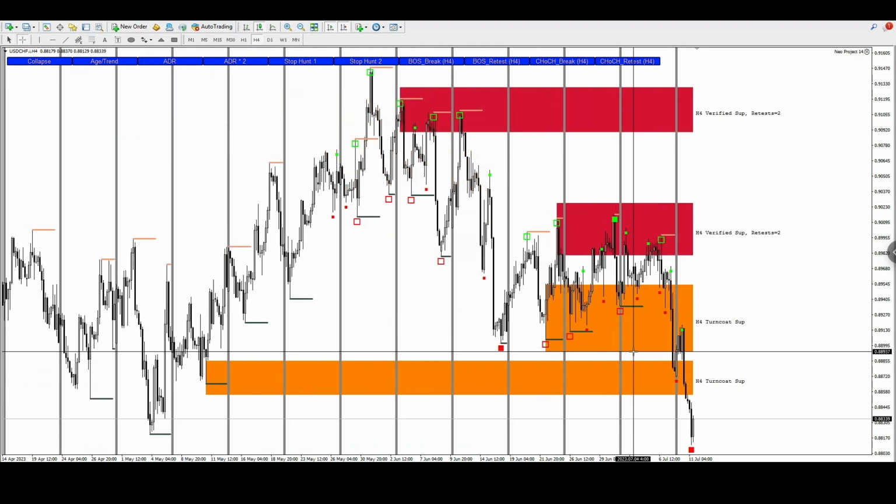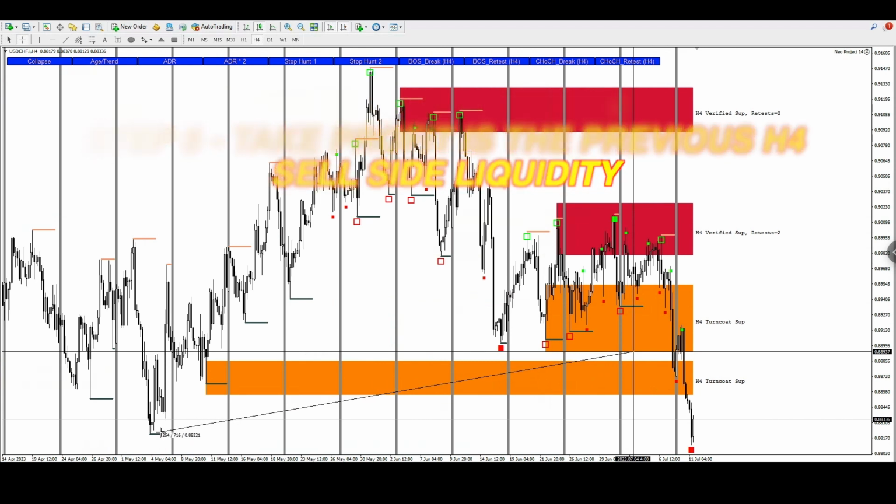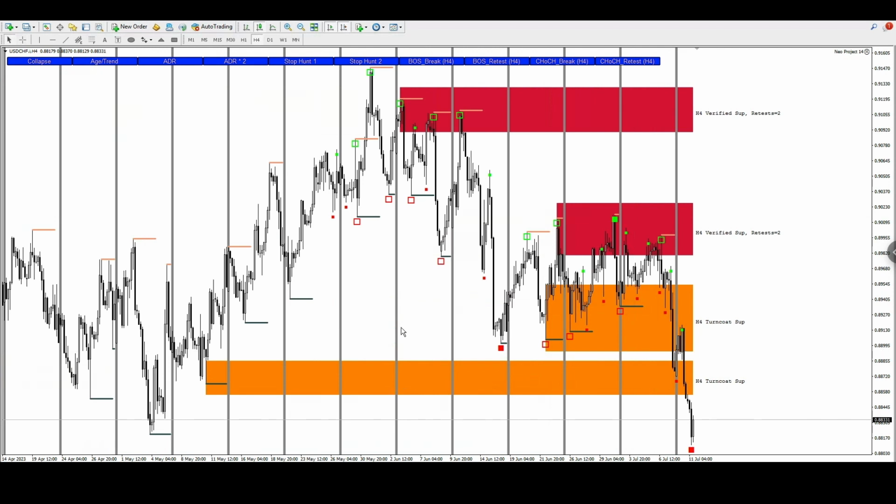So again, from your entry here to down here, price action has hit this level. You can even see how it's reacting right now, and your take profit was here. It's as simple as that. Two variations for buy setups on the H4 and two variations for sells. Now we've got all the confluences out of the way, let's go into some other pairs in the week that